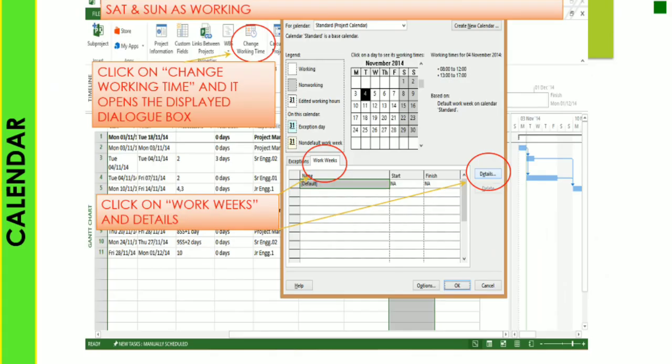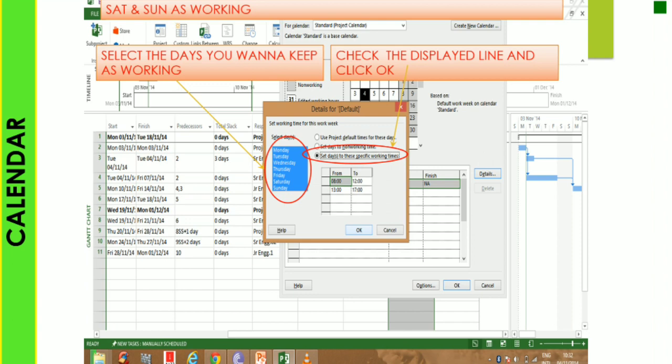Now if you want to change Saturday and Sunday to a working day, you can click on change working time, and it opens the dialog box, the exception window we saw earlier. So now go to the work weeks and go to the details to add Saturday and Sunday as a working day.